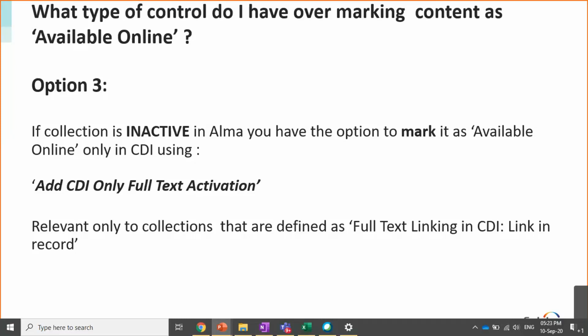So it's very important that if you have a collection in Alma that is inactive, but you want to make available in CDI, that you make sure that the collection is defined as a collection that the linking is part of the records in CDI. Otherwise, it will not work.